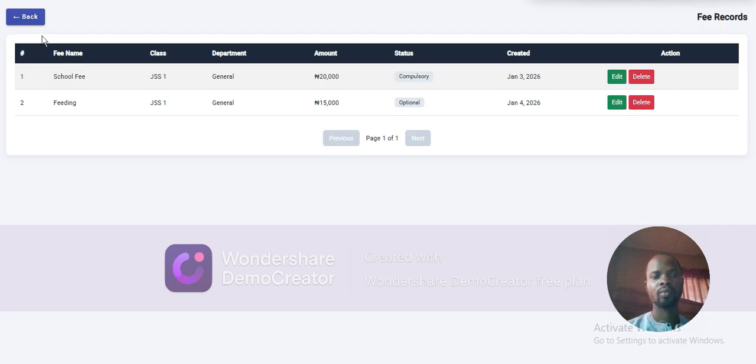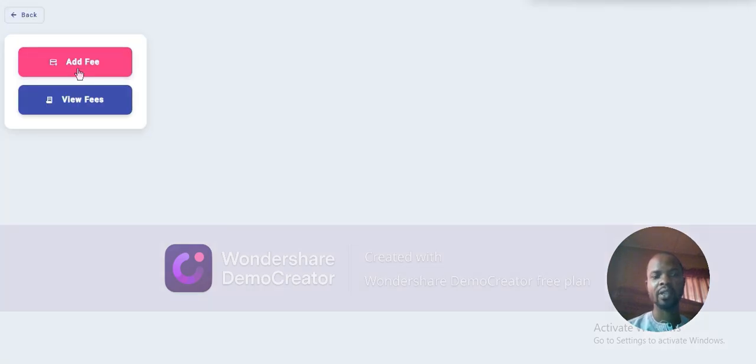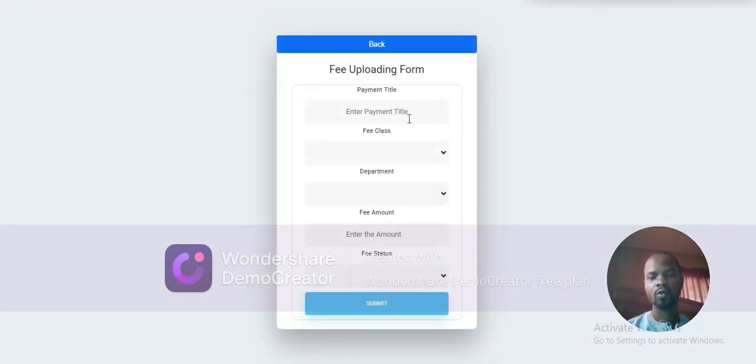Now let's look at how you can add a new fee. If you want to add a new fee, this is how to add fee. Select the title. Let me just supply the information, and now let's look at it together. The payment title is school fee, the class is GSS2. The department is general, which means it will be applicable to all the learners in the class. For primary schools, nursery classes, and the junior secondary, it is mostly general if you are